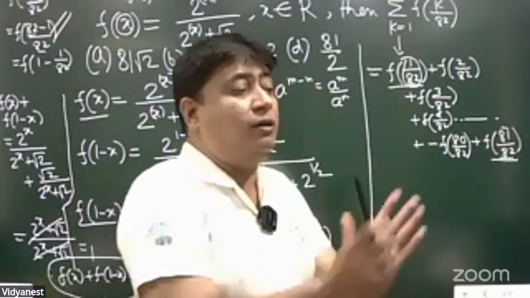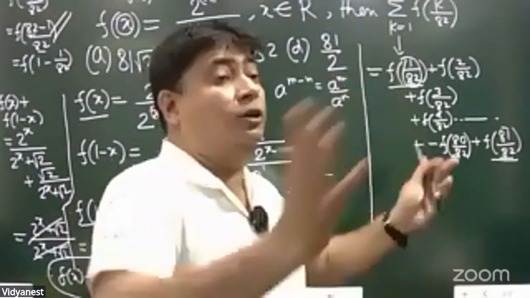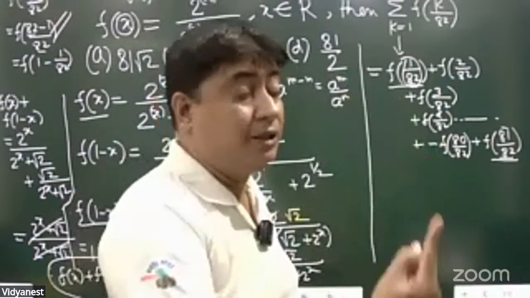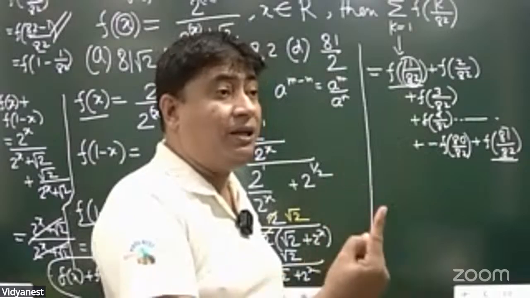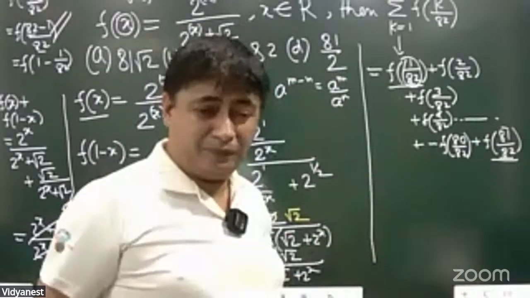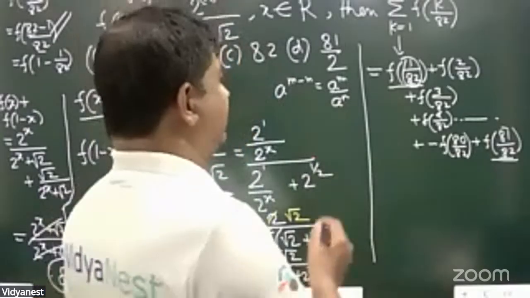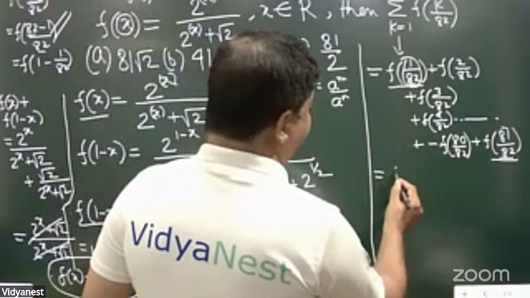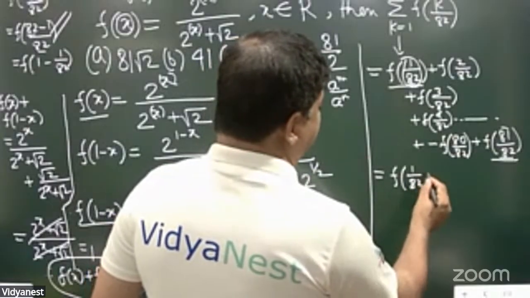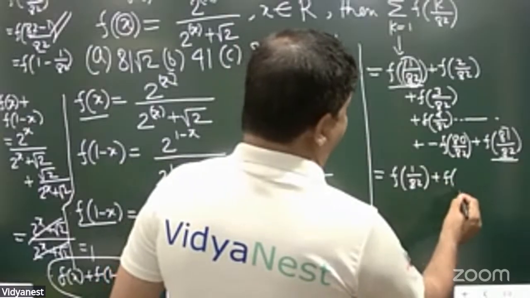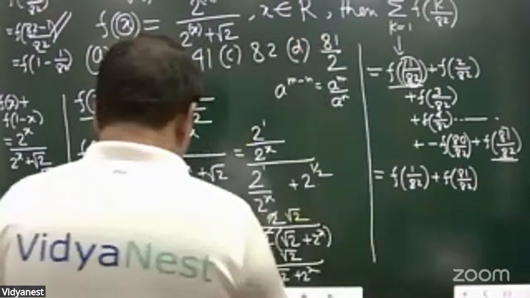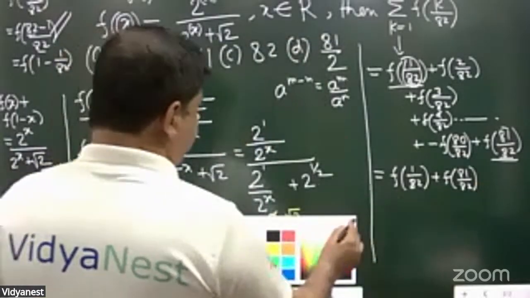Very odd looking. All are in groups and one student remains alone. That means who is that student? He or she is not a student but the teacher. Yes or no? Yes, sir. So you club them. f(1/82) plus f(81/82), that will frame one group